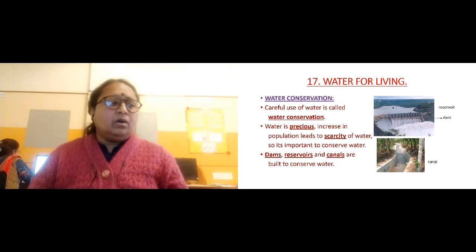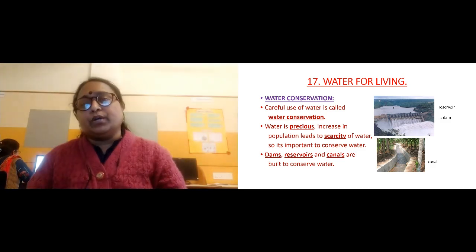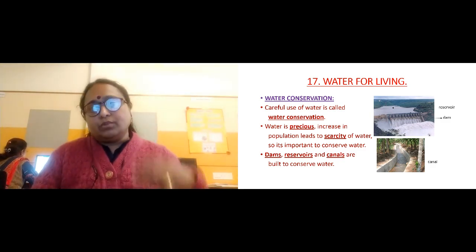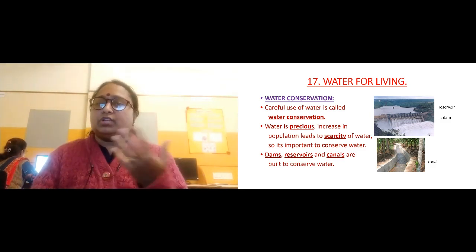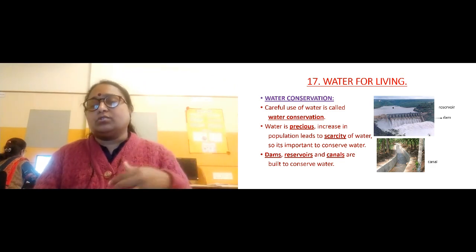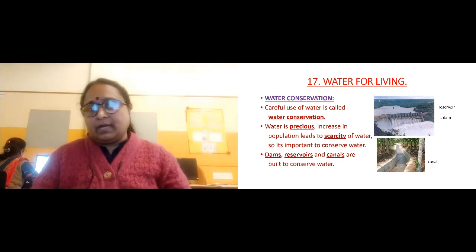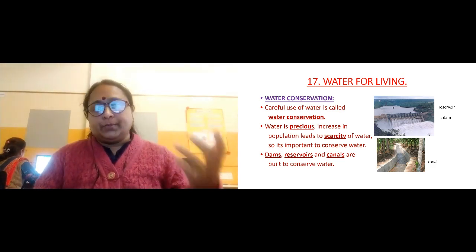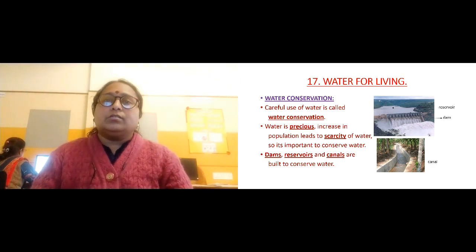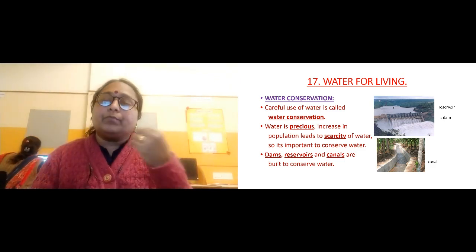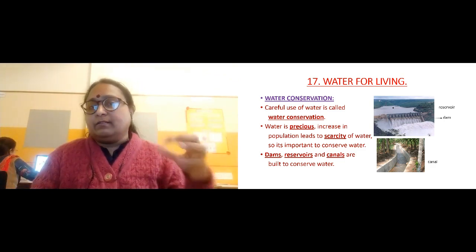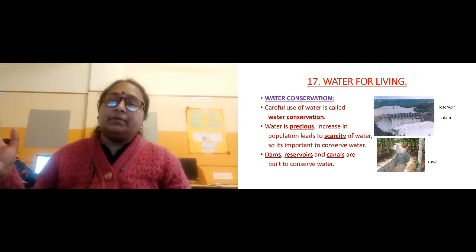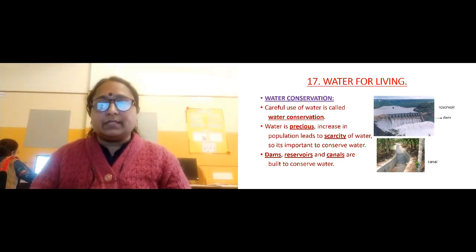Okay. And this water is stored for agriculture purposes, and also for domestic uses, that is for drinking, washing, for your household activities also, this water which is stored in the reservoir is being used. Then the dam water is also used for producing electricity, right? So you have canals, I've told you, canals carry the water to your fields. If the rivers are not near your field, then these canals are built to take the river water to your fields.